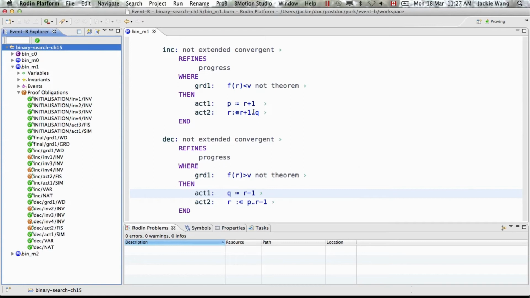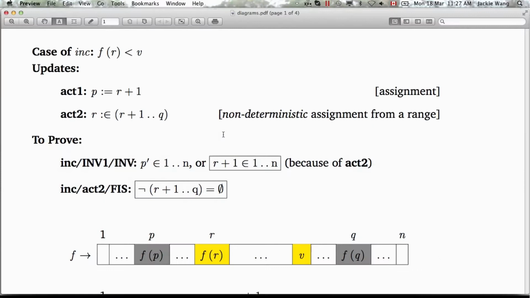When you look at the event increments, you will see that its guard specifies the scenario where the value of f at index r is less than the target value v. To visualize it, look at this diagram here. f of r is less than the target value v. And in this case, we decide to increment the value of p by assigning it the value of r